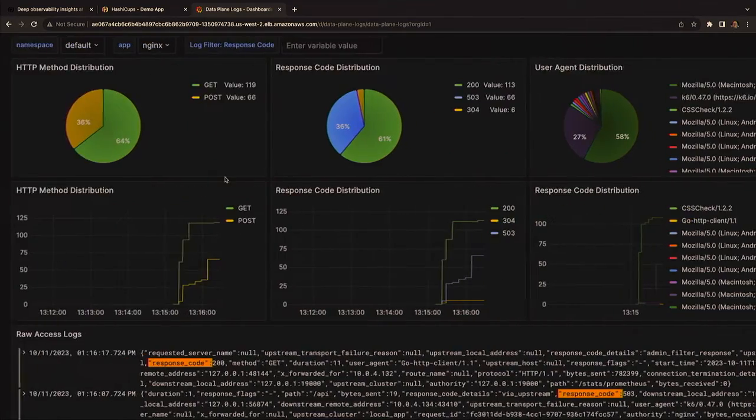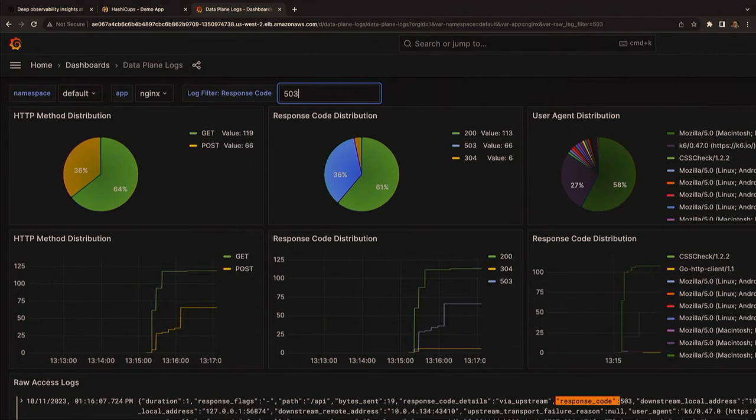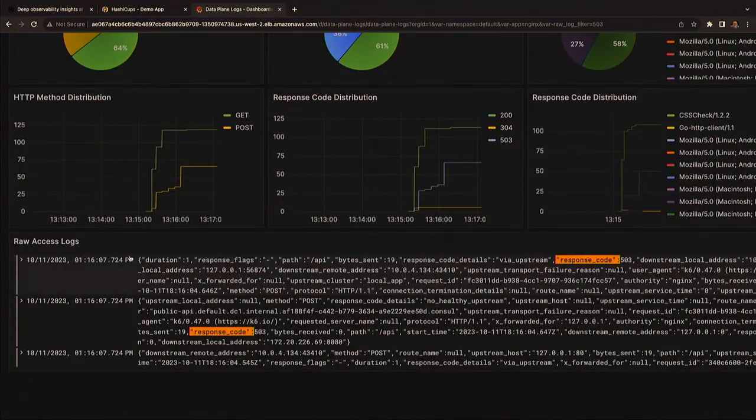There we go. Okay, so what is this showing right here? This is showing a collection of information from the proxy access logs for each of the different apps. And we are on the Nginx app right now. Something that pops out is that there are a lot of 503 errors going on. That suggests that the service is unavailable somewhere and Nginx is not able to speak with something in the service mesh. So I'm going to filter by those 503 codes